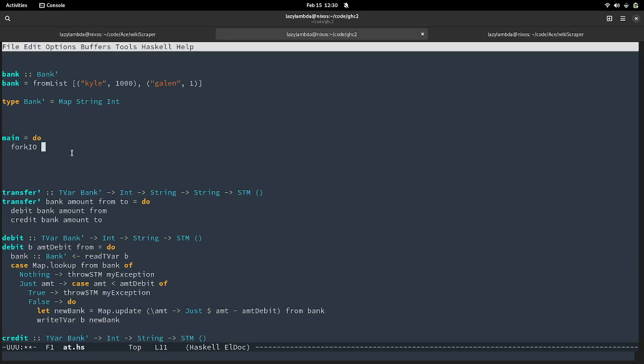The library will handle that on its own. But ultimately, if one thread is already running atomically to access some TVAR, then I can't access that TVAR with another thread until that thread is done with it. So it's basically the same concept as a semaphore.